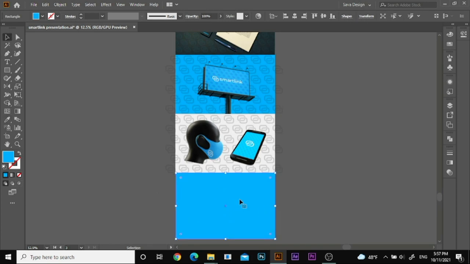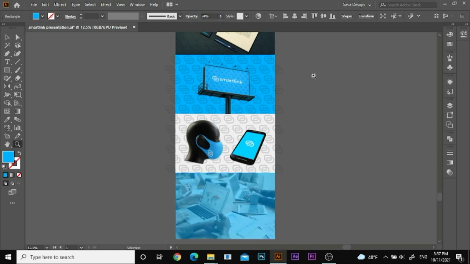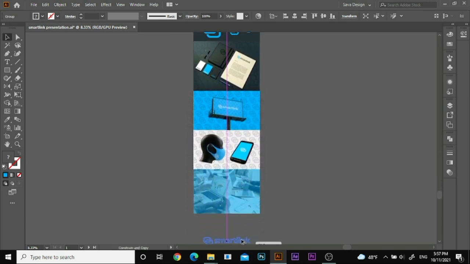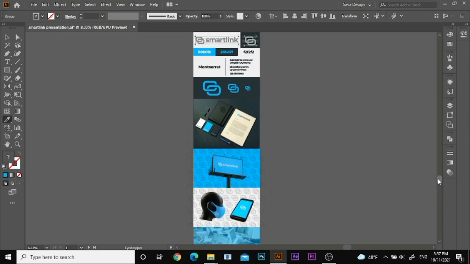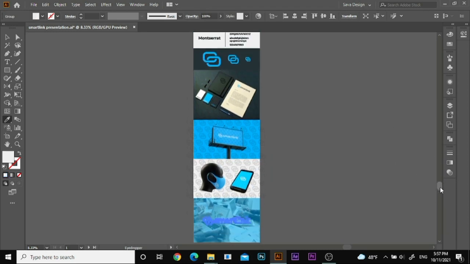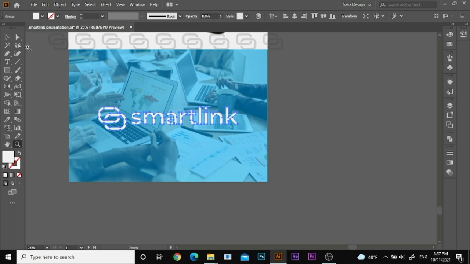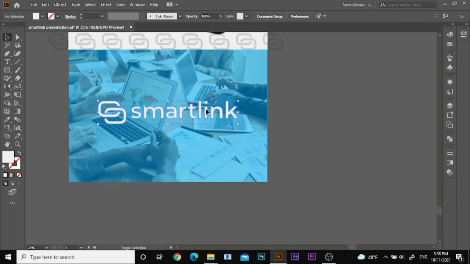Okay, I have one blue rectangle here, and I will put the opacity down to, let's say, 54%, and I'm going to duplicate this logo from the beginning and set it here in the center, and I will choose white color for this and arrange it to be on the front. Okay, and maybe we can put the opacity down a little bit, just to be a little bit transparent, not too much. And the final thing is thank you,